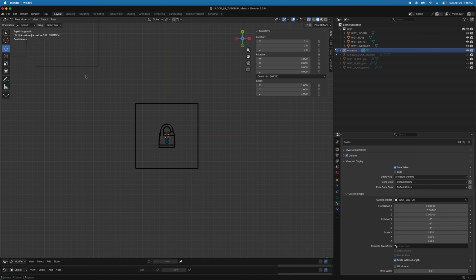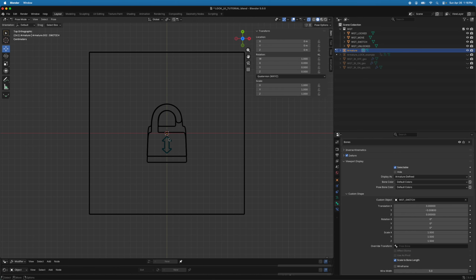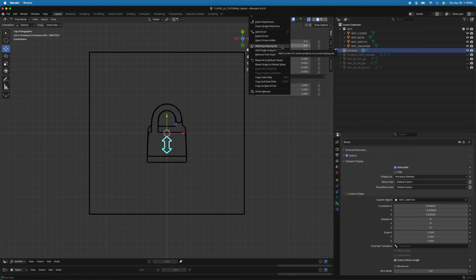Okay, so we have all our bone shapes in place, and it's a simple driver relation where we're going to take the Y position of our switch bone and we're going to drive the visibility of our little icon bones. So now I'm going to just select the Y under the transform. I'm going to select the Y position of this switch bone, right click on that,